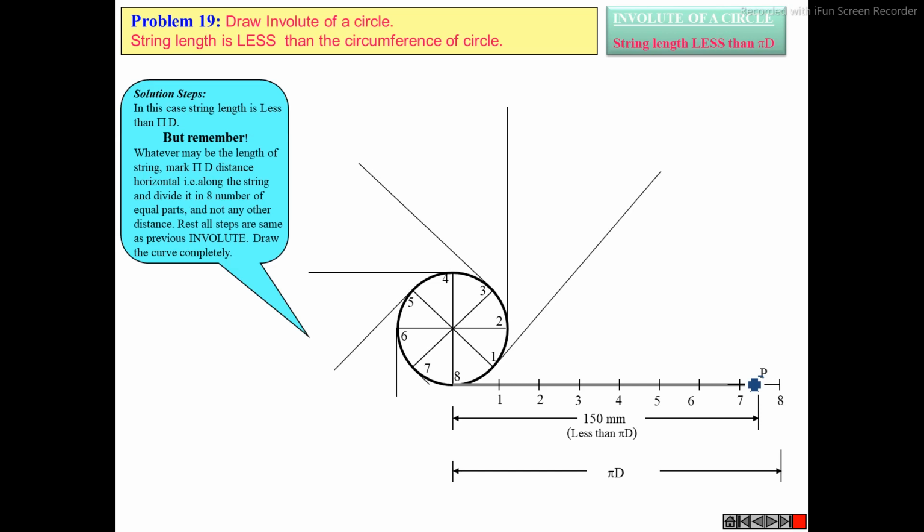How will we get it? We need to measure some length in my compass. How much length will we measure? We will measure 1P length in my compass. Then I will place that length at point 1 and cut an arc of length 1P on that tangent line. This will be the second locus point of your involute. Yes or no?